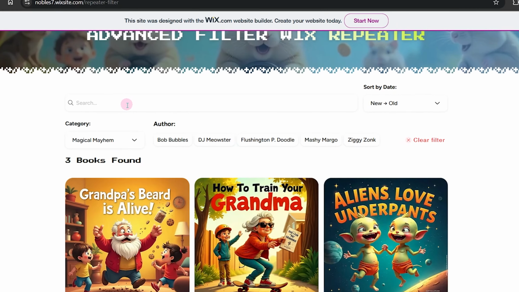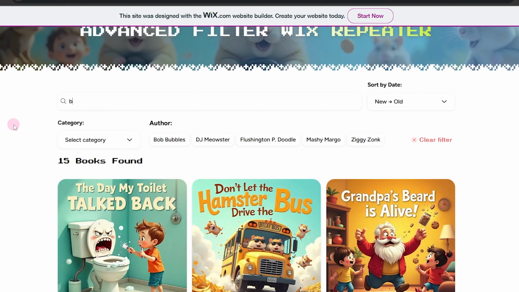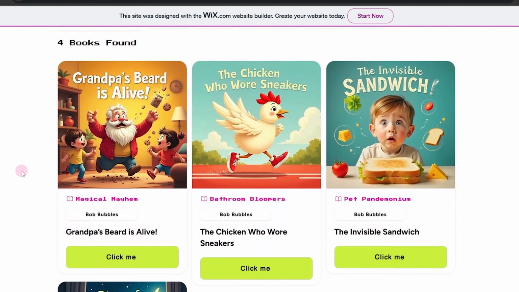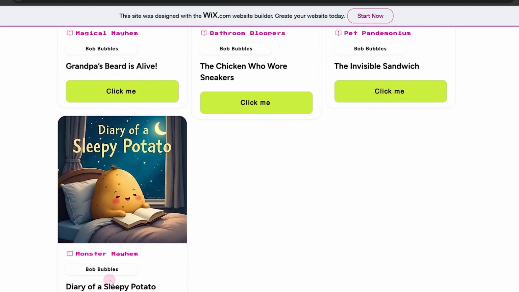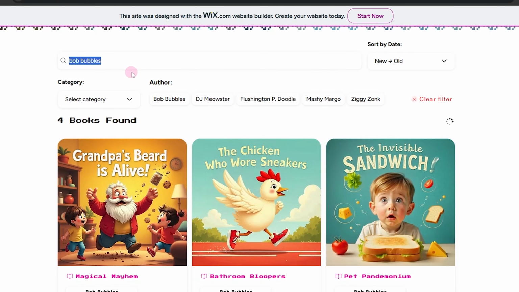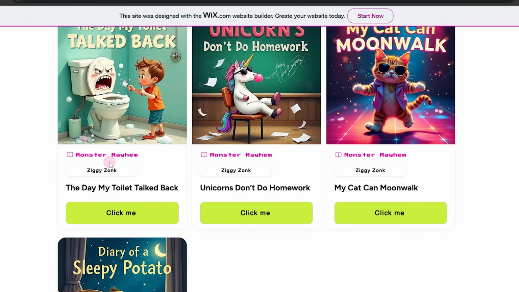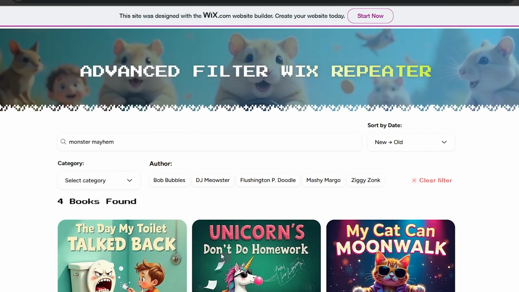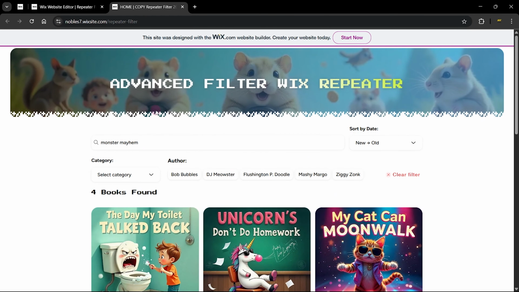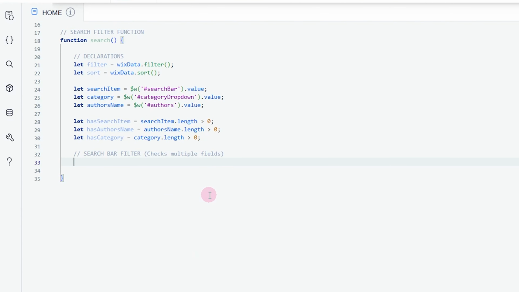So let's go ahead and search for the author, Bob Bubbles. First of all, let's just clear all of that and search for Bob Bubbles. Now you can see we have 4 books by Bob. So over here you can see that we're able to search by the author, and we can also search by the categories. So let's look for Monster Mayhem. Monster Mayhem. Great. So we have Monster Mayhem categories all selected right here. So that means that our search bar currently searches multiple fields at a time,